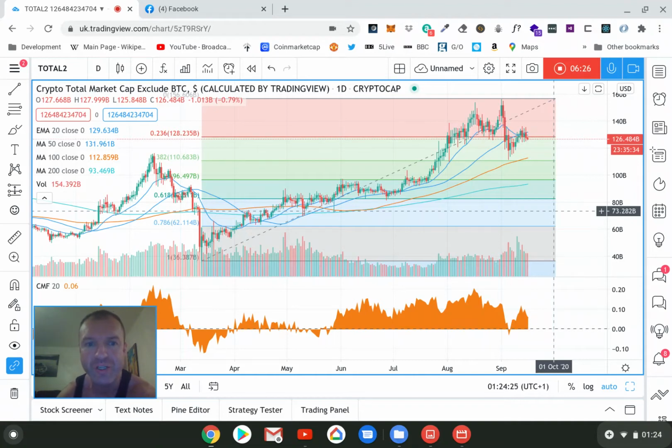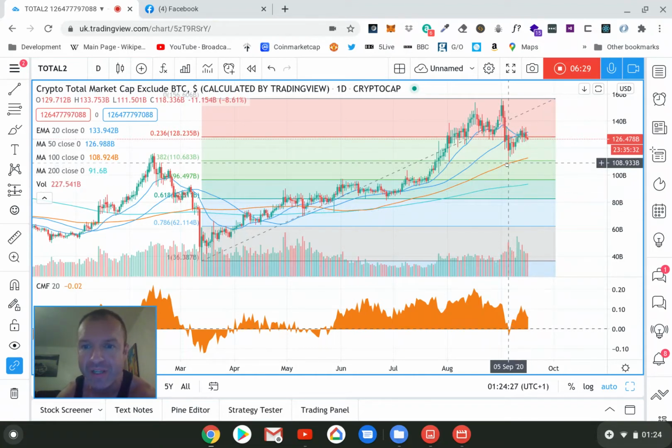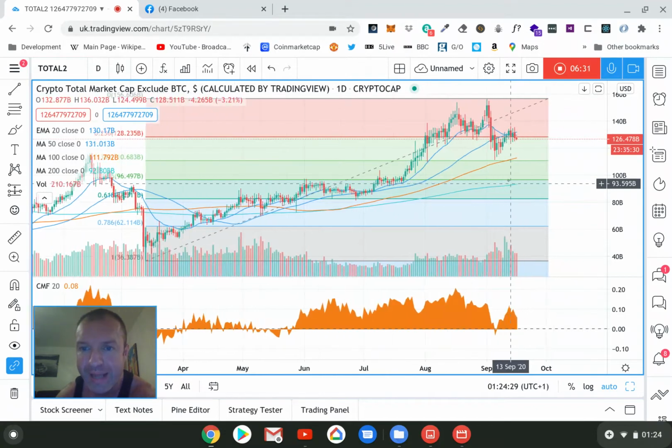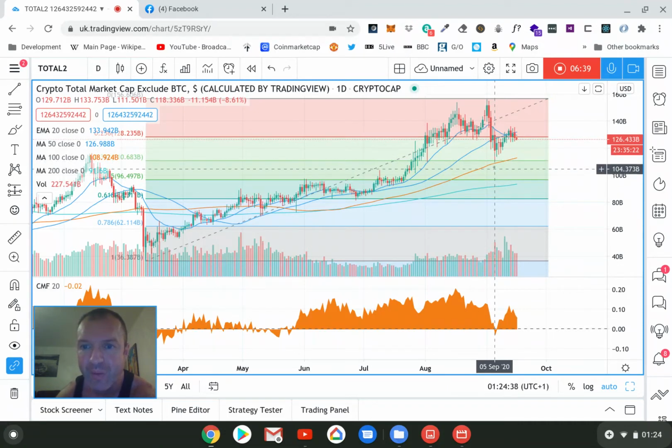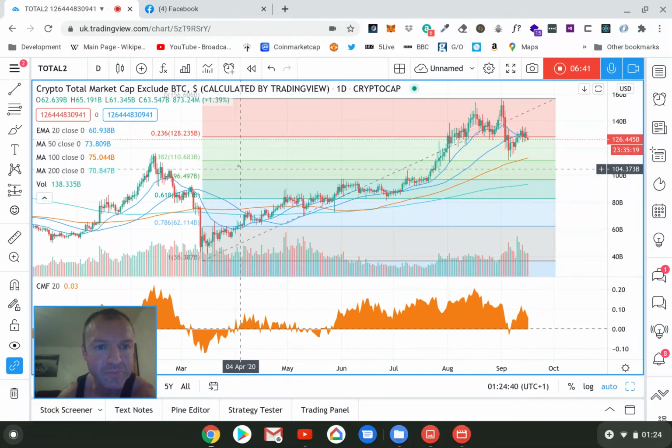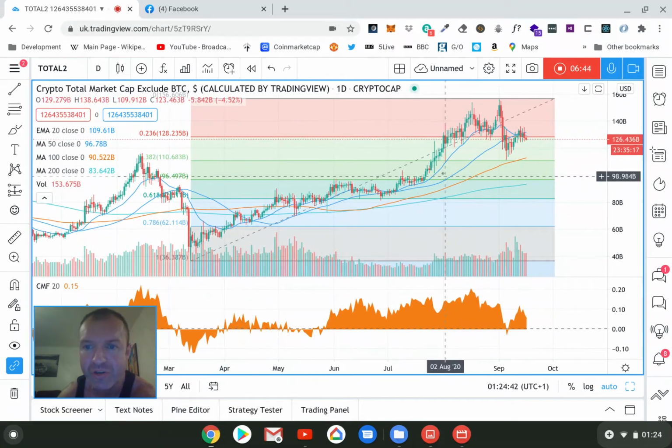You do expect, we did come down one day and got real good support. The day we came down was the 5th of September. That was the lowest day, the big sell-off day. And we came down, we tested the 382, the all-important 382 at 110 billion.